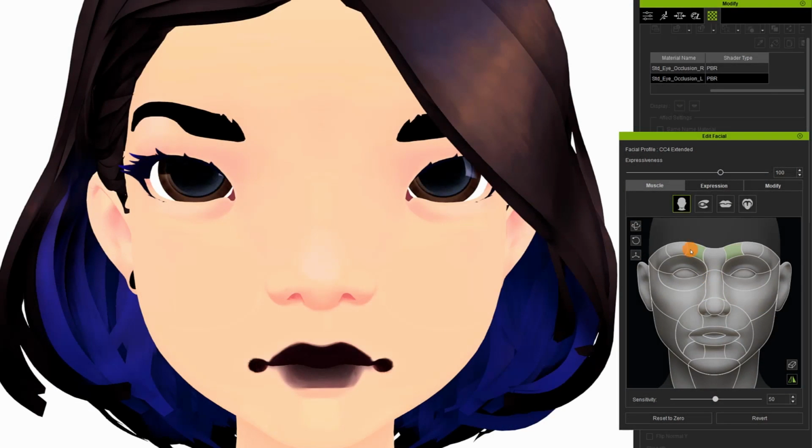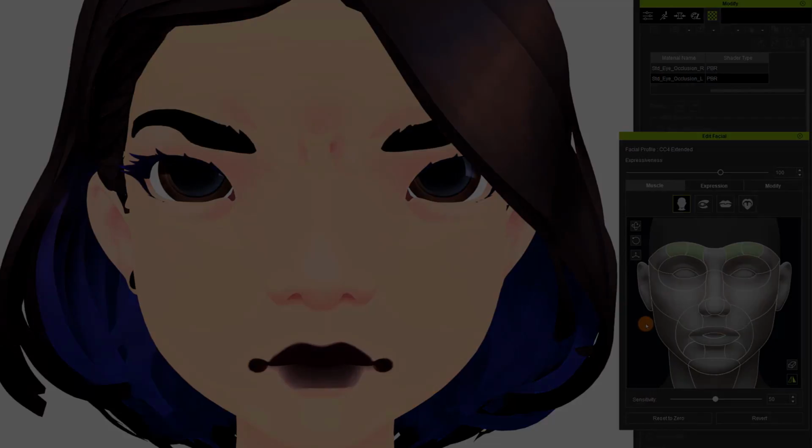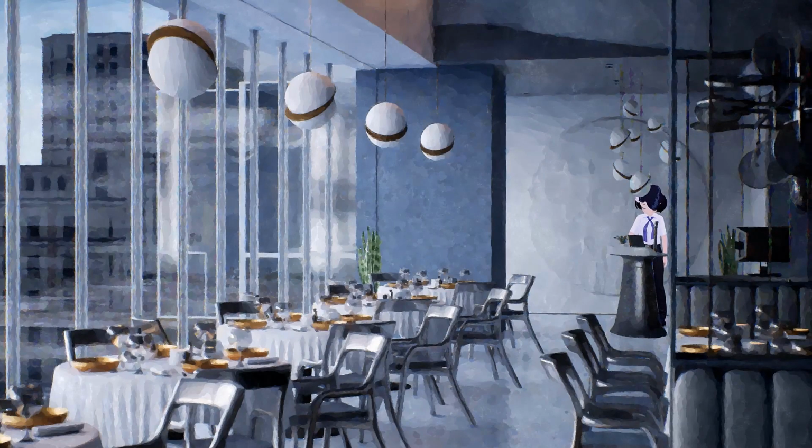Hi, I'm Jose Tijerín, and in this tutorial I'm going to show you the basics of the new dynamic wrinkle system. I'll mainly focus on the different and fantastic cartoon effects that we can do with this system to create dynamic